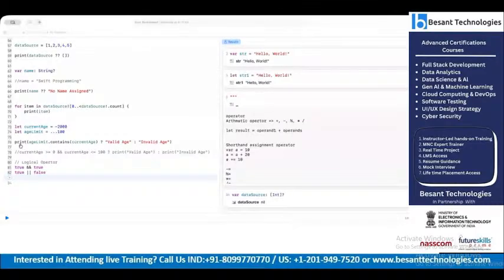Strings we mentioned, double quote string and then string interpolation, and then multi-line string literal we saw, right? Yeah. So still some